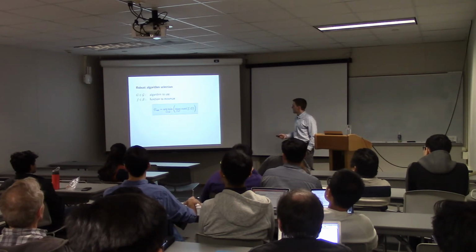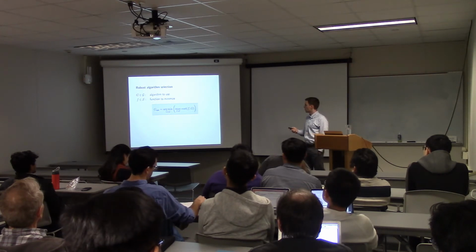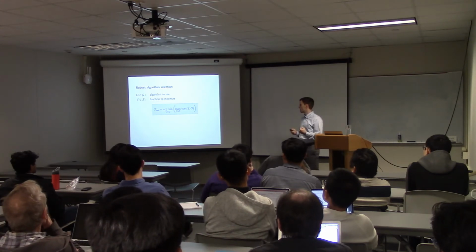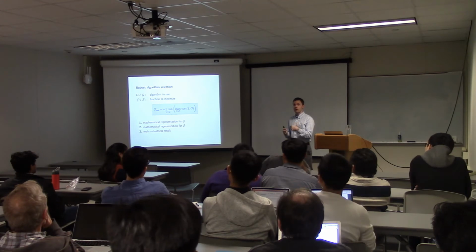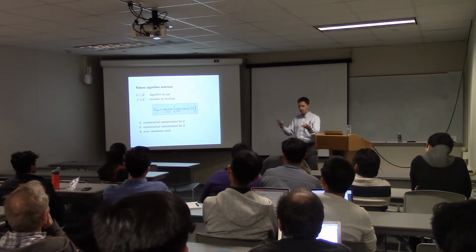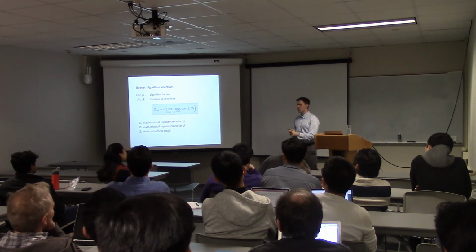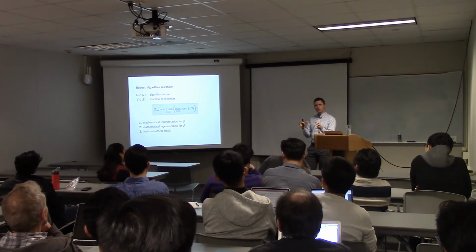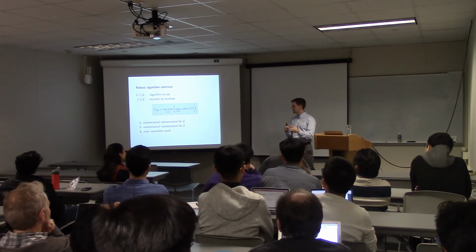Okay, so back to the robust algorithm selection problem. So this is the problem that we had, and what are we going to need in order to come to some sort of automated process for solving this? We're going to need three things. First, some way of representing G, some way of representing algorithms, such that we can take all these algorithms and write them in some common form. The second thing we're going to need is some sort of representation for S, the set of functions that are admissible. We need some sort of tractable representation for those things.